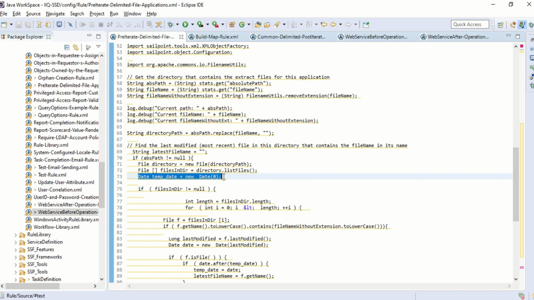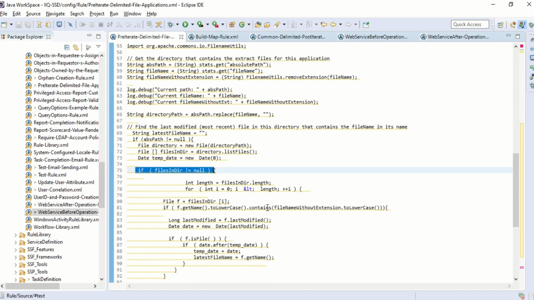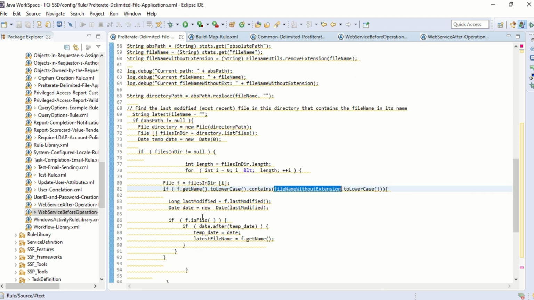Before that, date. Then if directory not equal to null. As I mentioned, the first basic thing we have to do is make sure that for any variable you are using in the code, check the null before utilizing it. So I'll be iterating through the files now. Each file, I'll get the first file. File name contains file without extension to lowercase. If the file name matches, check the last modified